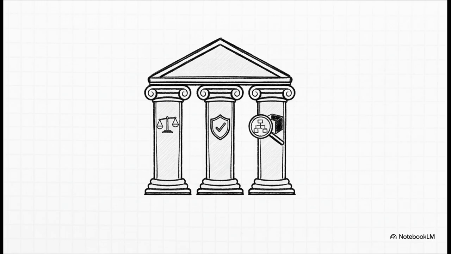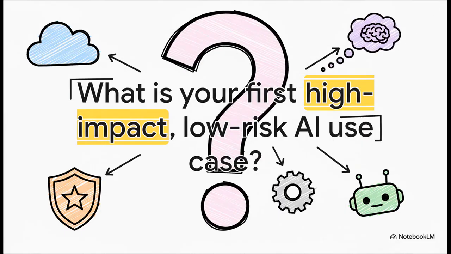So, that brings us right back to you. We've laid out the map, right? You've got the core concepts, you know the tools, and you have the strategic framework. The only question left is, where do you start? What's that first, high-impact but low-risk project you can champion to really get the ball rolling with AI in your organization? That's the journey, and that's your first step.